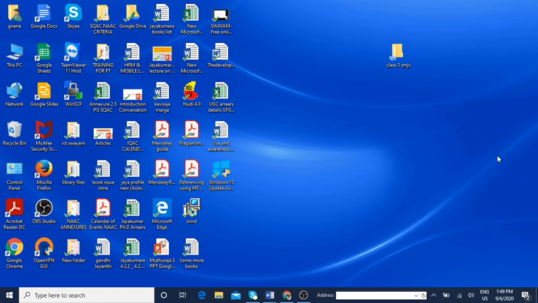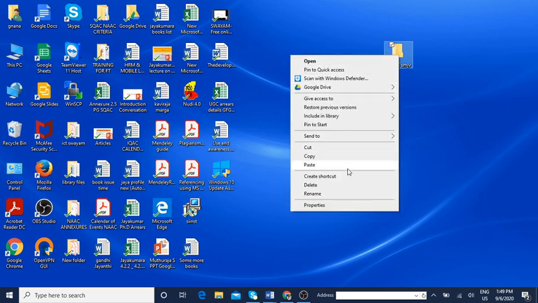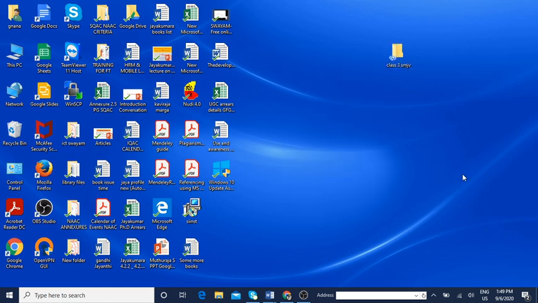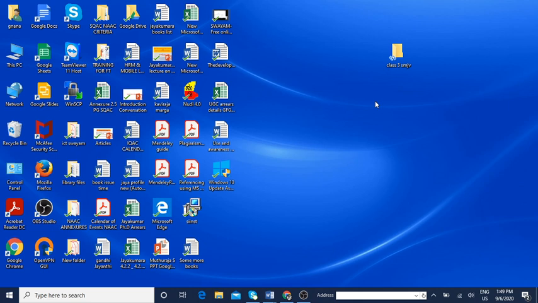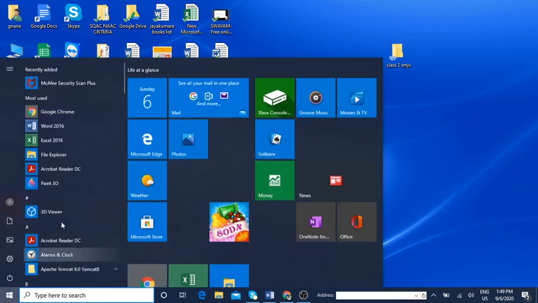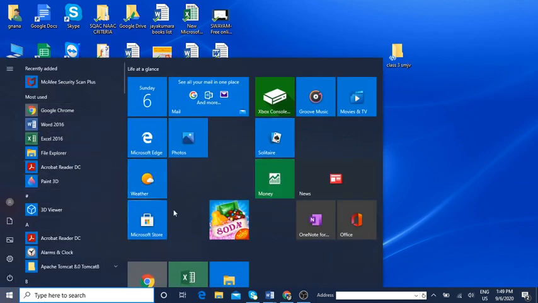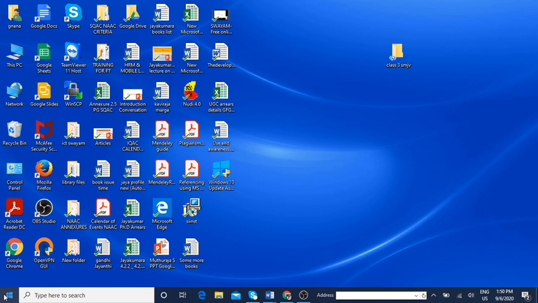Okay. Organize options. Okay, this is the other method. Click on the organize option. I'll go to file explorer. I'll just show you. File explorer.